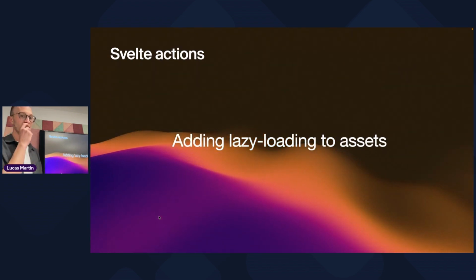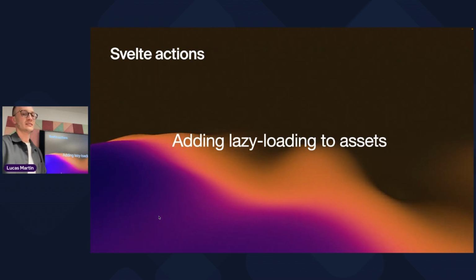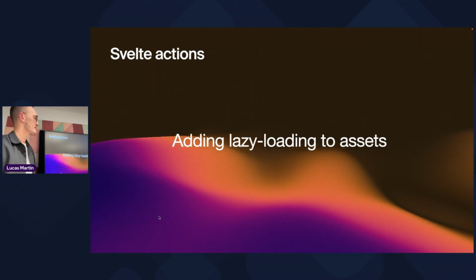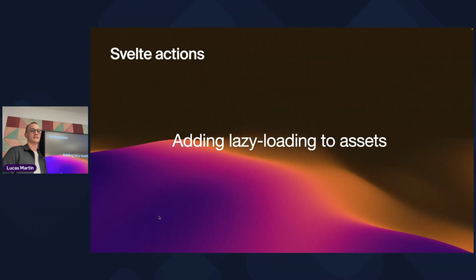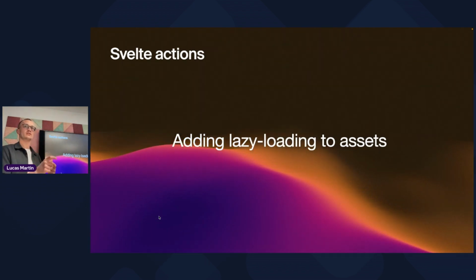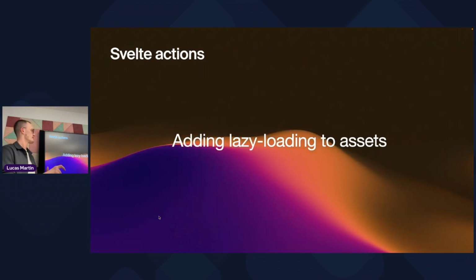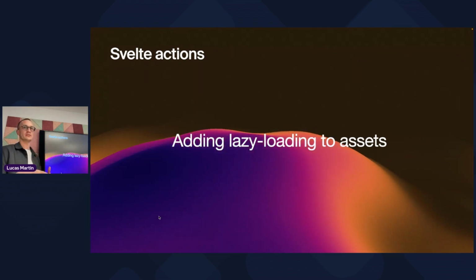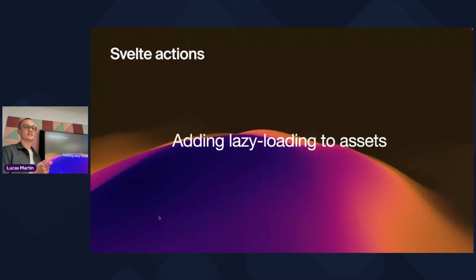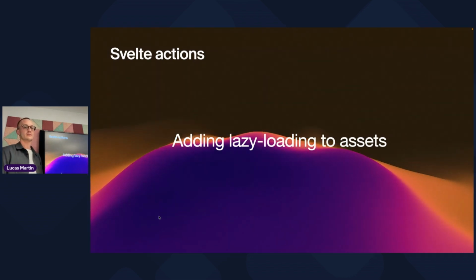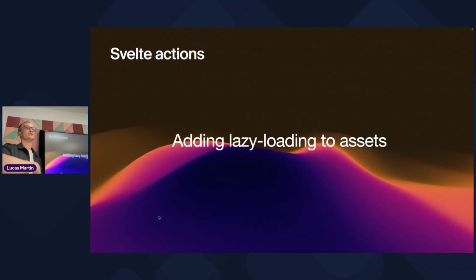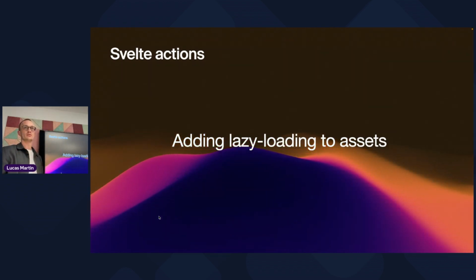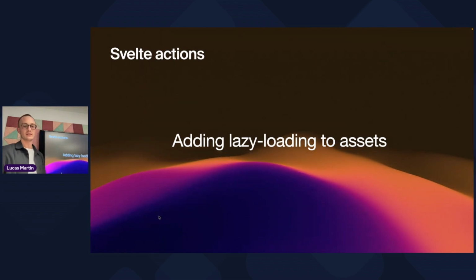The second one is I added lazy loading to the assets, using a Svelte action. A Svelte action is a function that you attach to a component. It's a function that takes this node as a parameter, and it's running when it's mounted. In my case, it was really relevant for lazy loading assets. I don't want all the assets that are out of view to be loaded directly. And I want only, as you probably saw on the website,